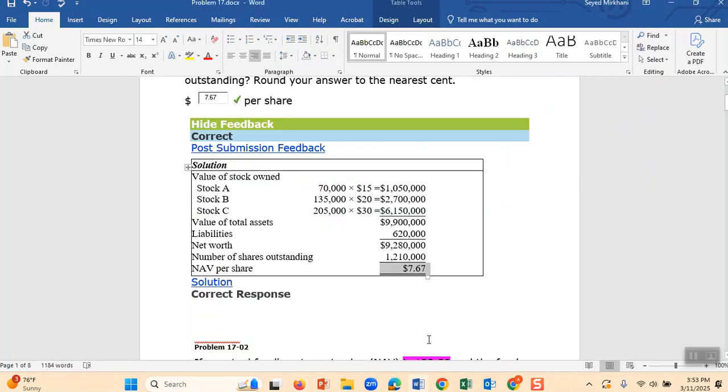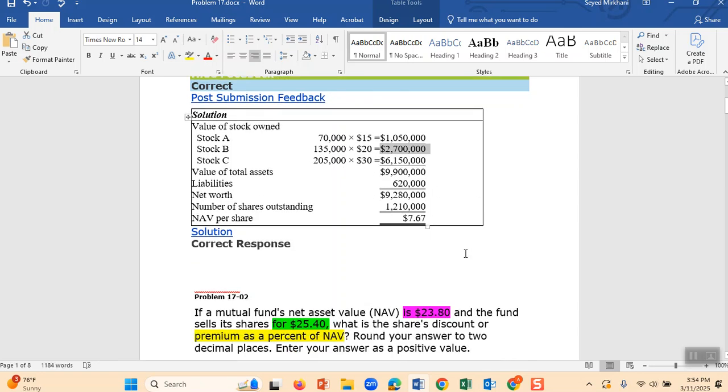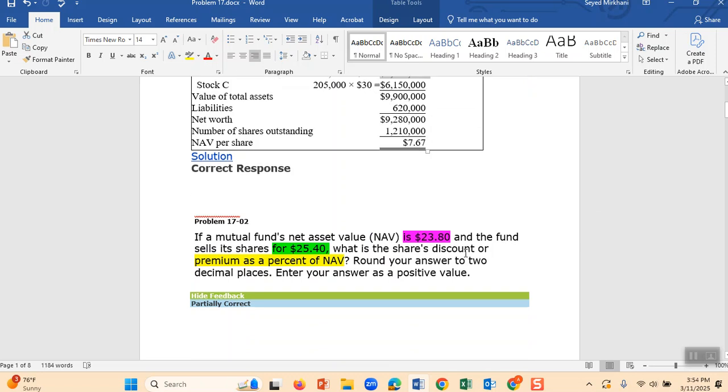This was problem number 1, which was this. That was the solution. NAV, net asset value per share, is $7.67. If you have one share of my company, it is worth $7.67. Where is it distributed? A little bit of it, $2, might be in Amazon. I put $2 of it in Walmart, $2, that's how it works.